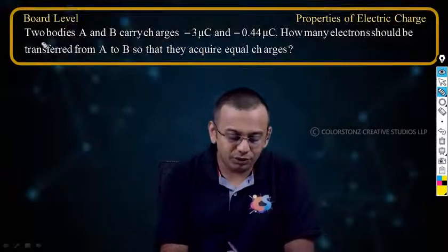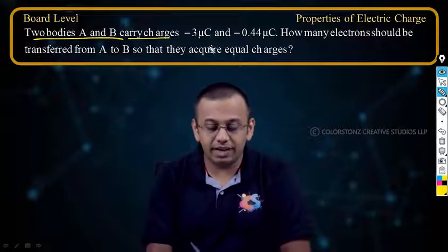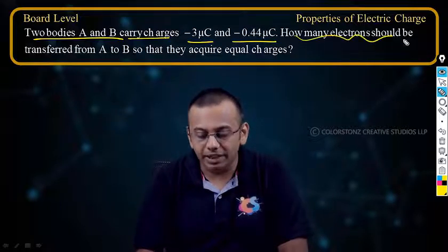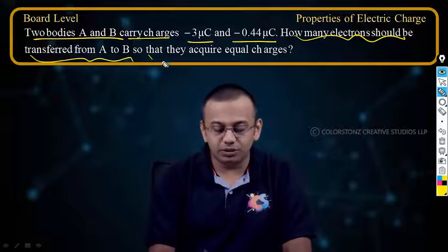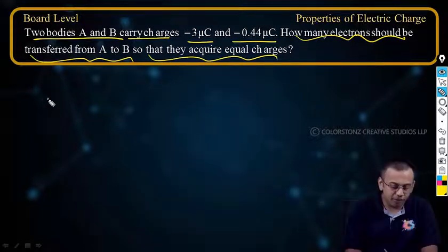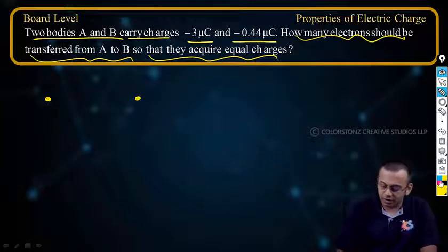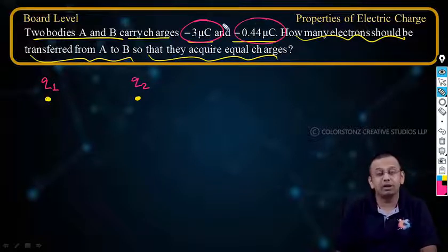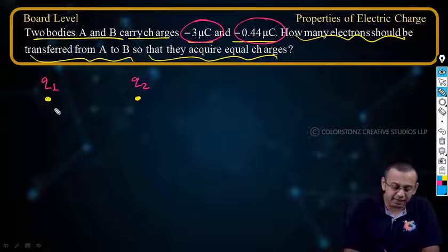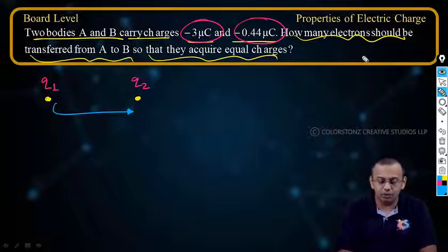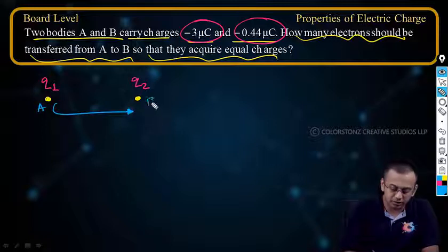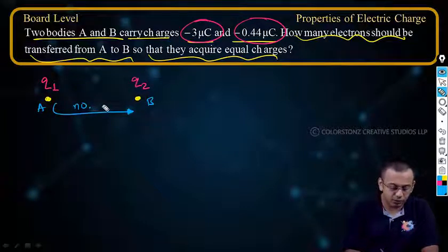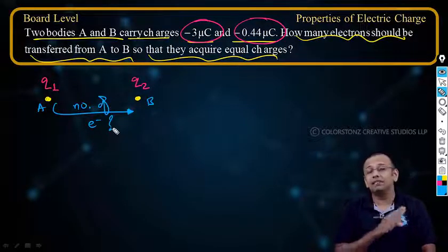This is a board level question. Two bodies A and B carry charges minus 3 microcoulomb and minus 0.44 microcoulomb. How many electrons should be transferred from A to B so that they acquire equal charges? So we have two particles like this, and they have some charges Q1 and Q2, which are given here as minus 3 and minus 0.44. Now they are saying that some electrons must be transferred from A to B, and that number of electrons is what we have to find so that the final charges are